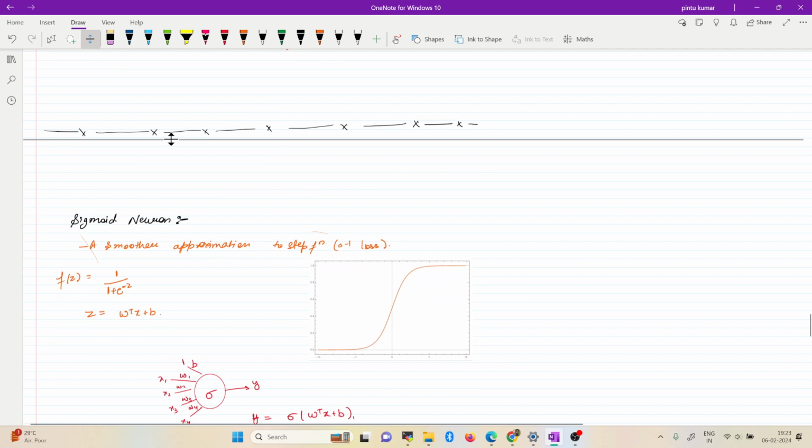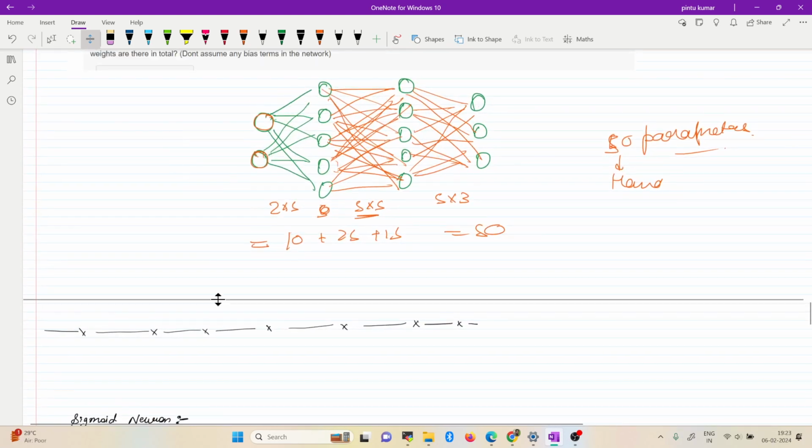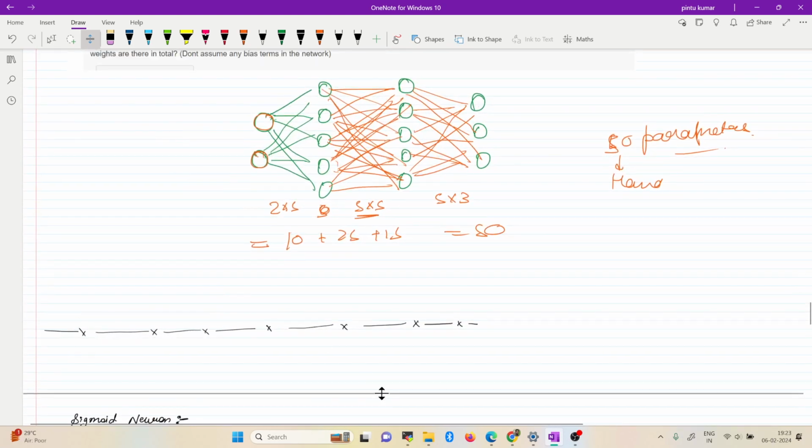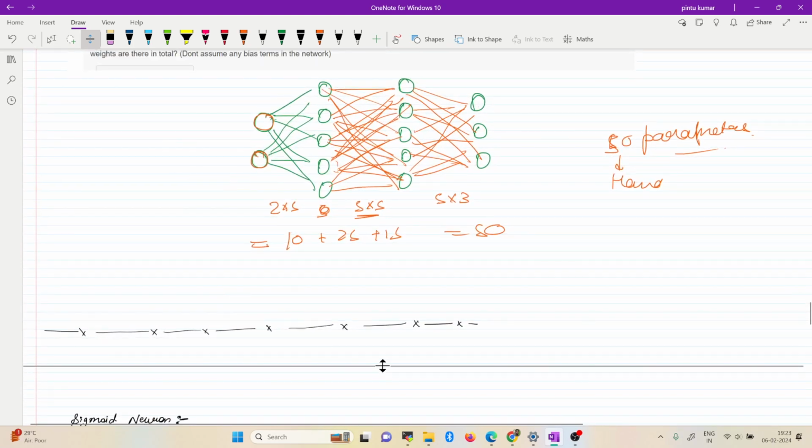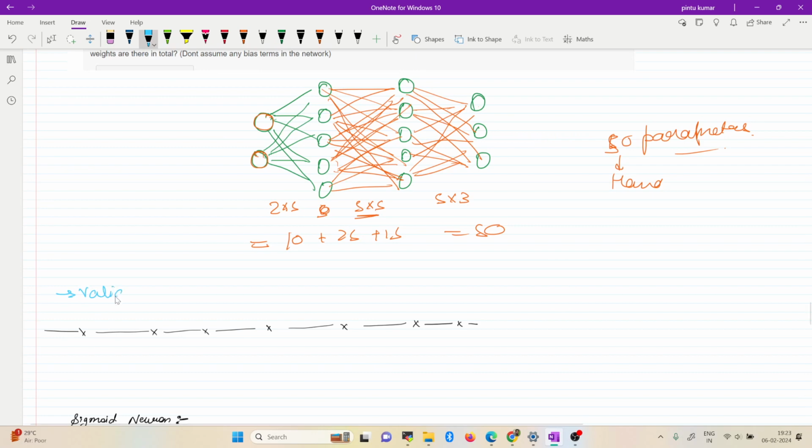Is there any thumb rule on the number of hidden layers? No, there is no thumb rule for that. Most of the time it would depend on your application and the things that you're doing. One thing you can do is use the validation set to tune the number of hidden layers and the number of neurons in a particular layer. So there is no thumb rule as such, but one thing